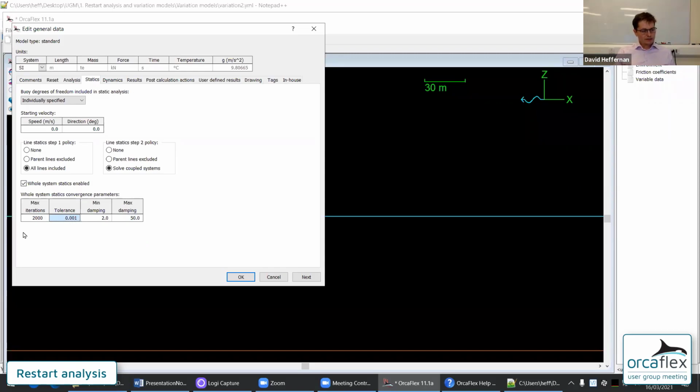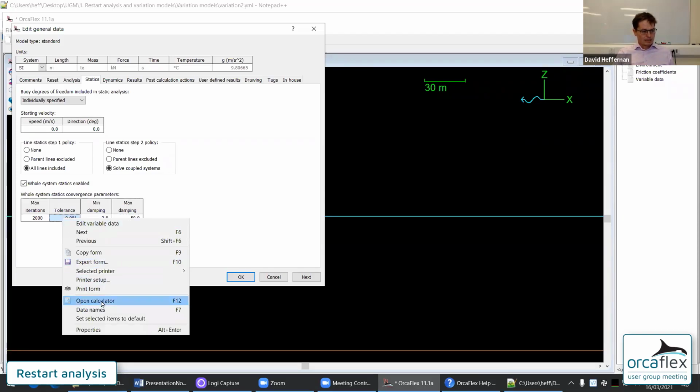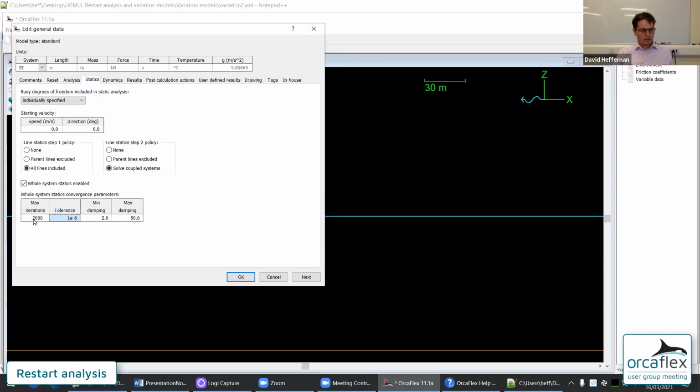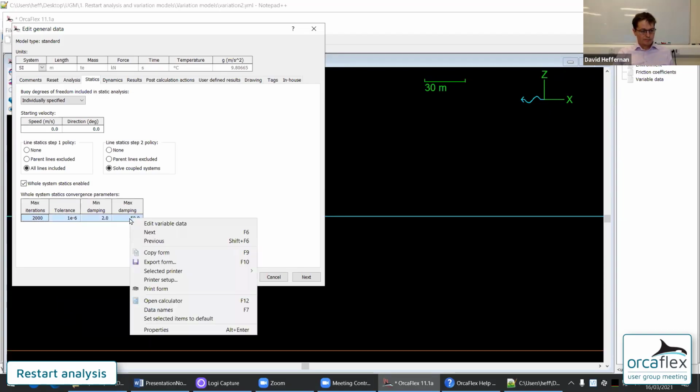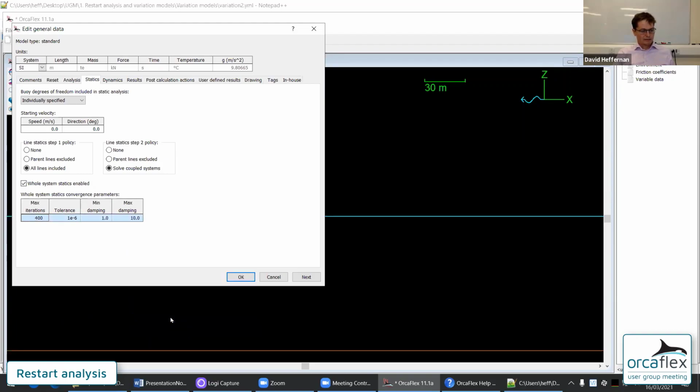In previous versions of the program, there was a button on the form called Set to Default, and it set all of these parameters back to their default values. That button's disappeared, and before anyone panics and gets upset that this critical functionality is gone, it's still present, it's just handled in a different way. I can now select a data item, right-click, and then say Set Selected Items to Default. Or I can select a range of them and set them all back to default.